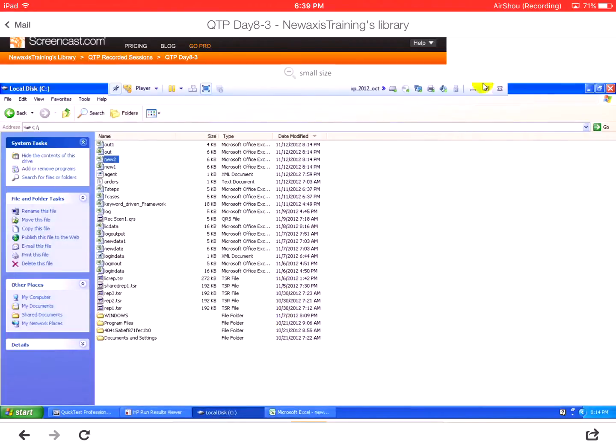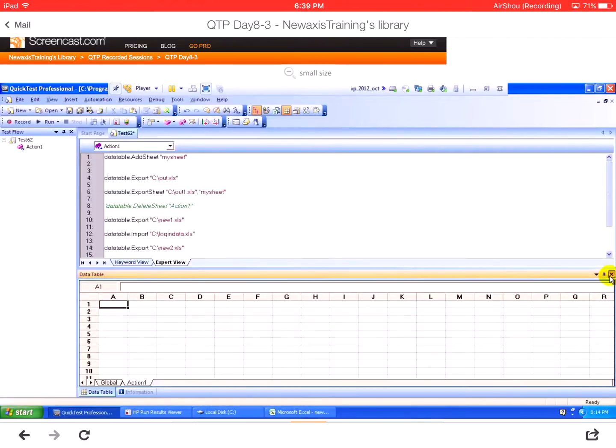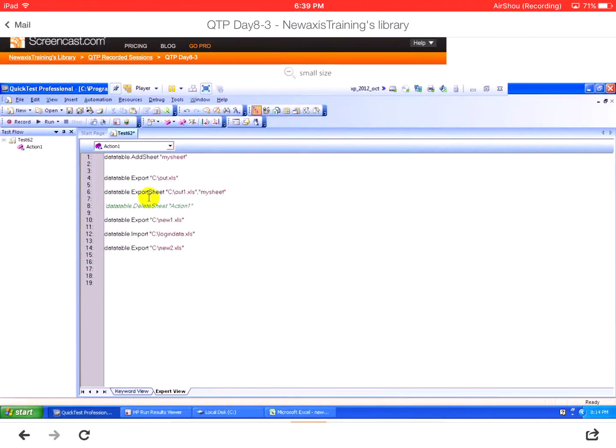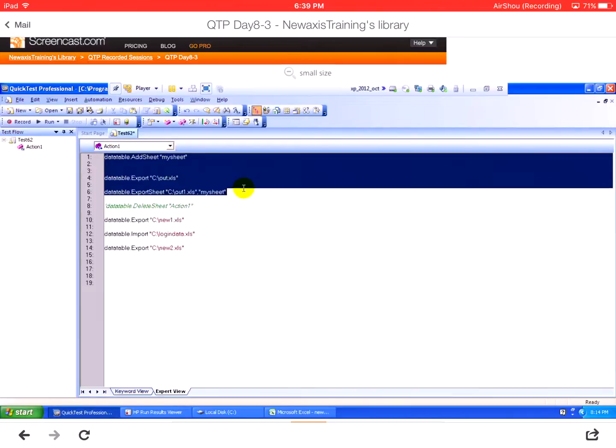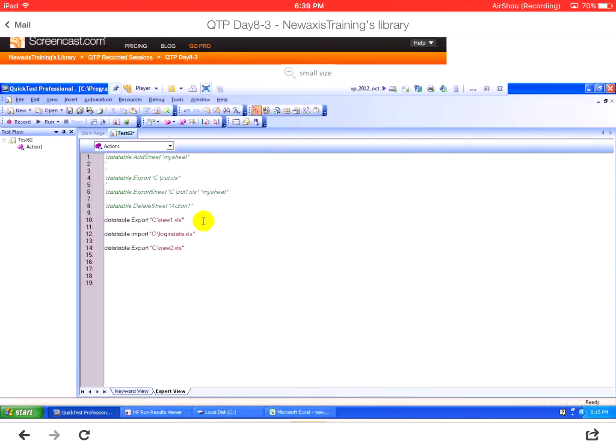Suppose you want to import into some particular sheet, instead of global, you want to import it into some other sheet. Let us comment all this. Even you can comment this. So you want to import only into Action1. DataTable.ImportSheet method. The import sheet method will ask you where to import and also which sheet to import. Now give the file name,